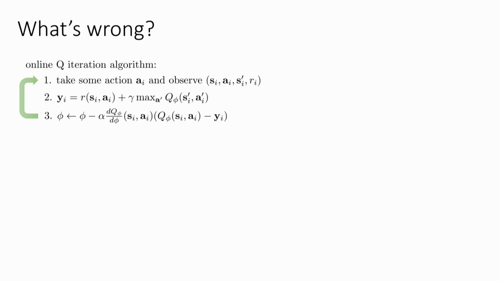Yes. If your initial policy is really bad, maybe you'll never learn. Okay, good. So maybe your initial policy is pretty bad, so the data you collect in step 1 might never visit states with high reward, so that would be a problem. So we have to be a little careful in choosing the right policy for step 1. Even though it says take some action, you really do have to be a little bit clever in making sure you actually take actions that will visit high reward states. That's called exploration. We talked about that a little bit on Monday, but we'll talk about it a lot more later on in the course.